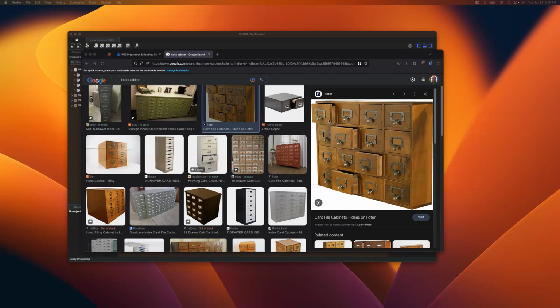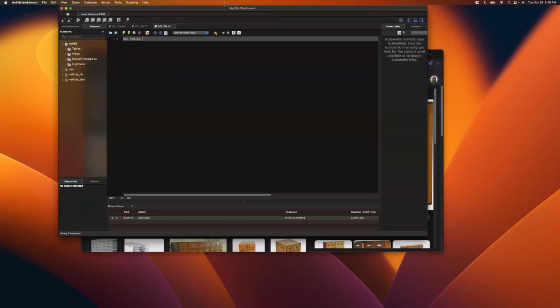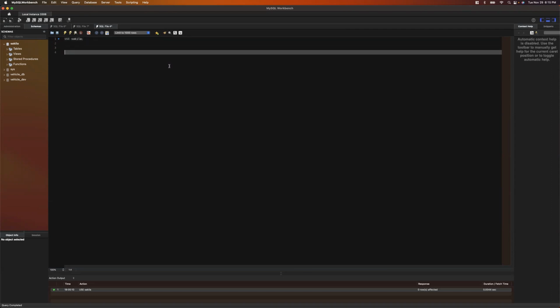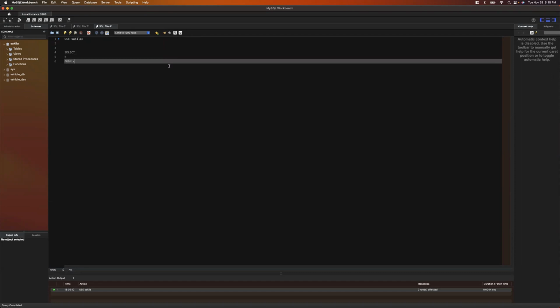Indexes in the database work the exact same way. When we place an index on a column, it functions exactly the same. The difference is it does it somewhat automatically. There are a couple of different types of indexes we can put on things, but for the most part, if we just put an index on something, it will handle it for us. So for example, if I were to select everything from customer,